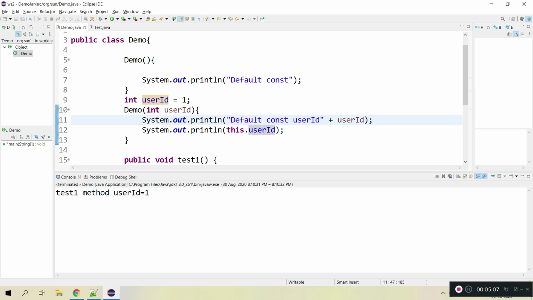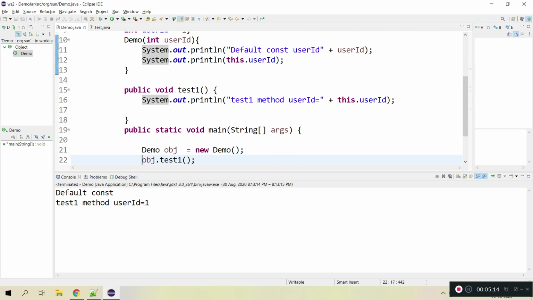Let me execute this one. And here I am creating a default constructor. Let me pass something. So now I am not calling the default constructor, I am calling the parameterized constructor.